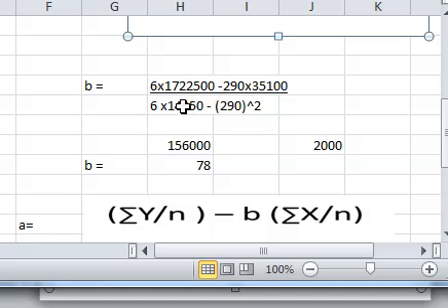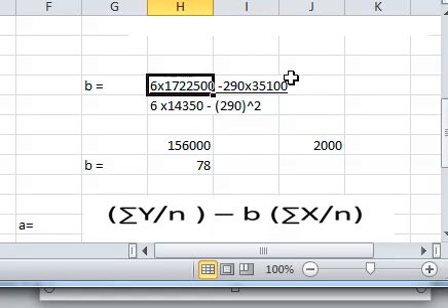So if you put it here, we get our n summation of xy, we get this, and then our summation x is this times summation y, divided by n, which is 6 times summation of x squared minus summation of x squared. Then you get our b as